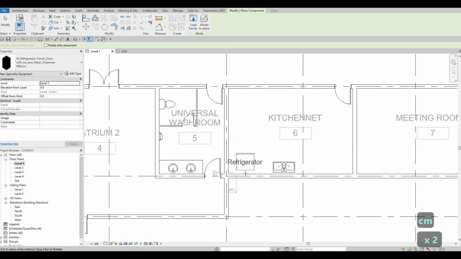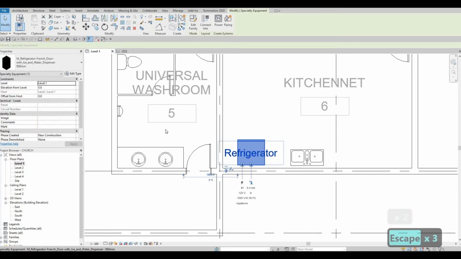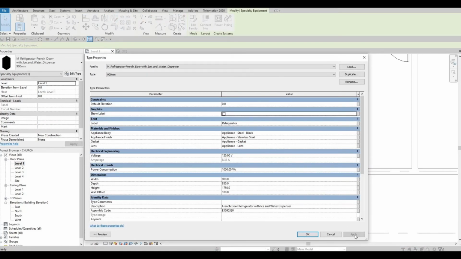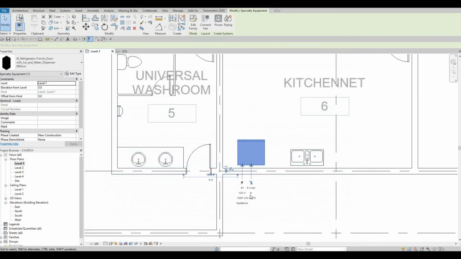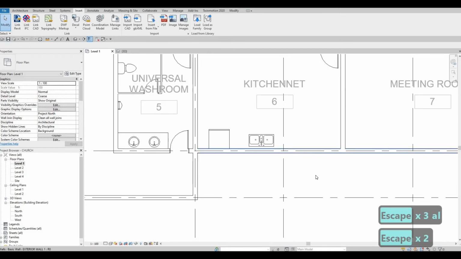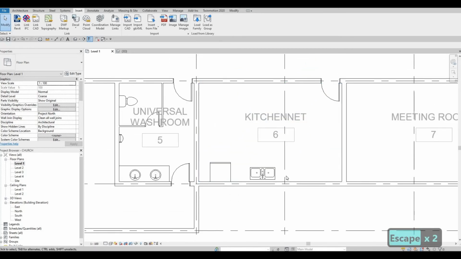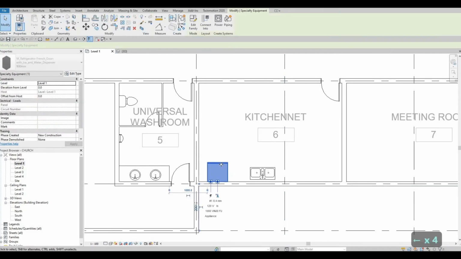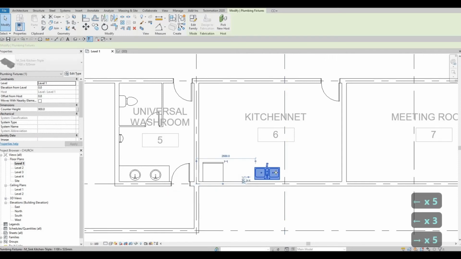I usually don't like that tag, so here I'm going to select that, click on edit, and then uncheck show label. So we're going to add in storages here, and then some of those as well, some top,